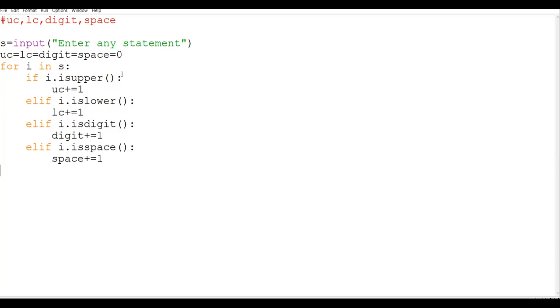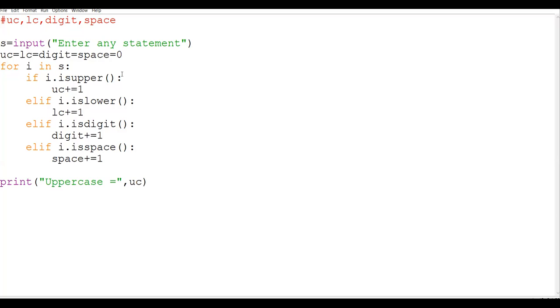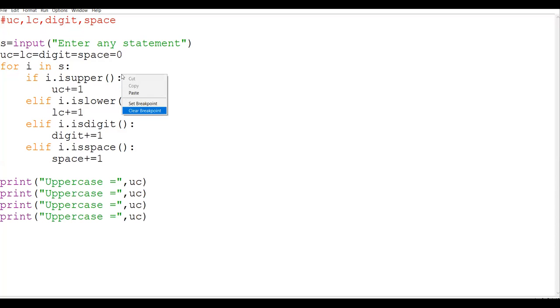Then once this is over, we are going to add a few more things in this, and then we will check how it is going to work. So print uppercase is equal to, then whatever is the value of UC, then same thing for lowercase, digit and space.